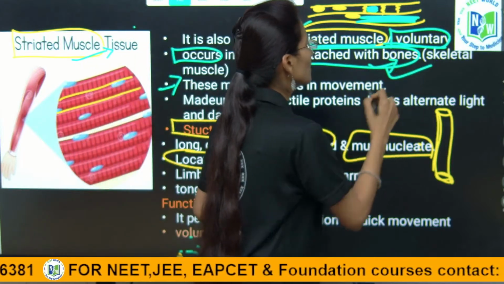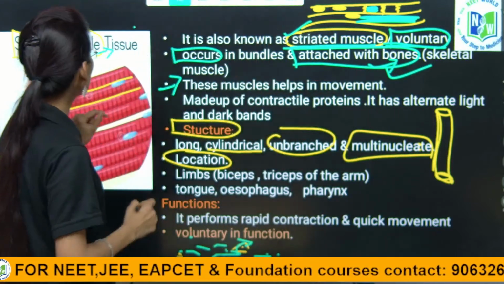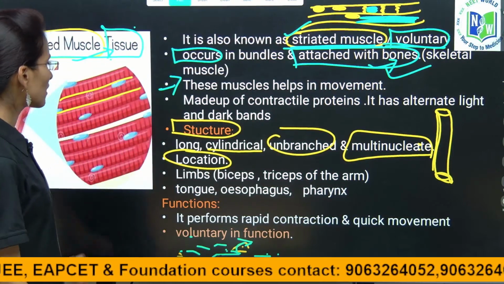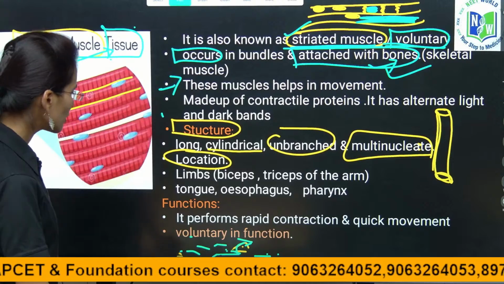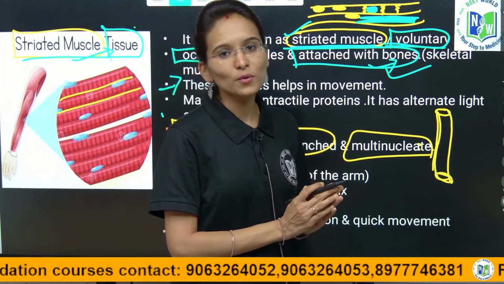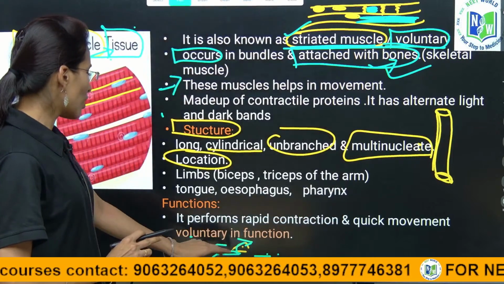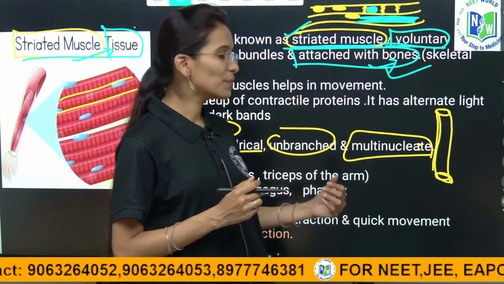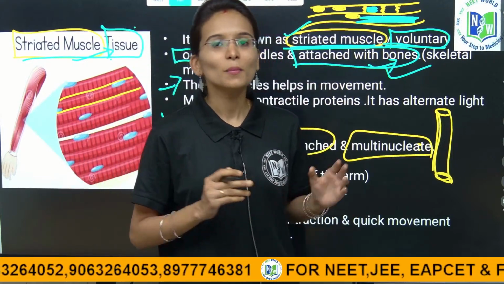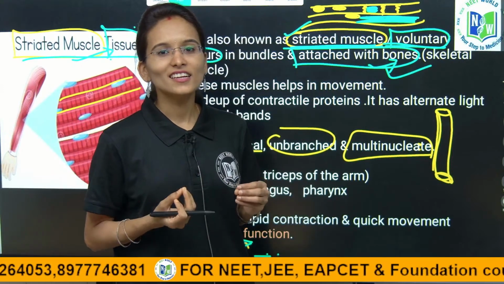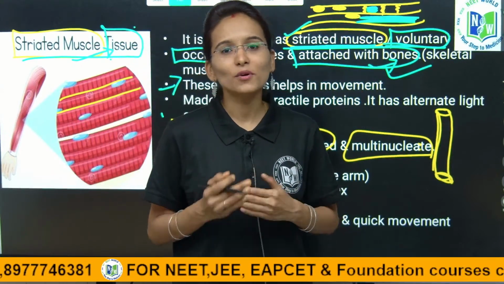So this is about the striated muscle. Coming towards the functions, it performs rapid contractions and quick movements, and these are voluntary in function. Rapid contractions and quick movements in the sense that when we do a number of workouts, if we perform many activities in one day,